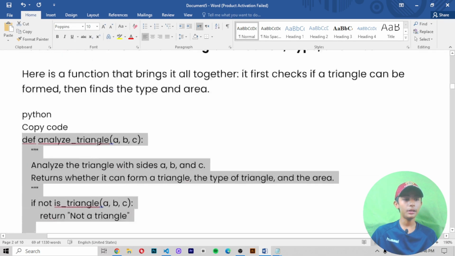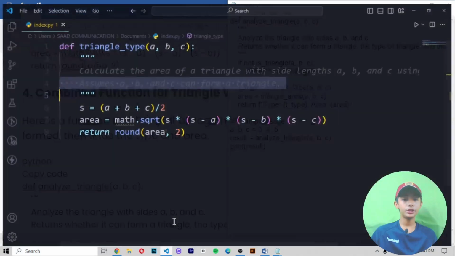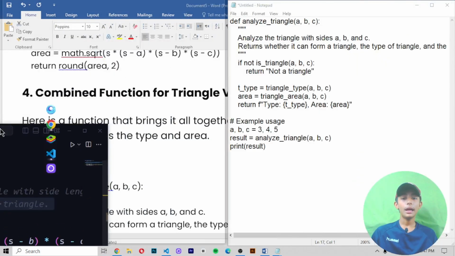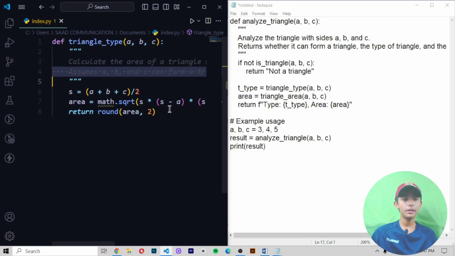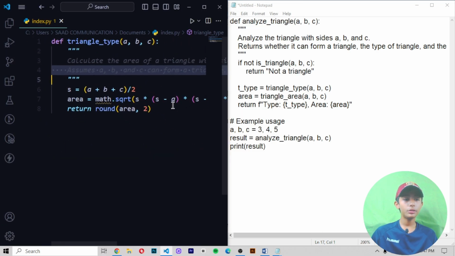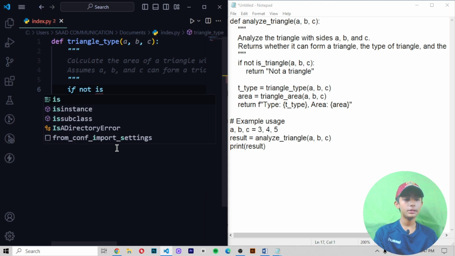Let me copy it and then paste it, and then open your Visual Studio Code. And then in your Visual Studio Code, let me tell you what you can do. First of all, slide by slide it. And when you do it, first of all, I am not writing any comment here. I am only writing: if not is